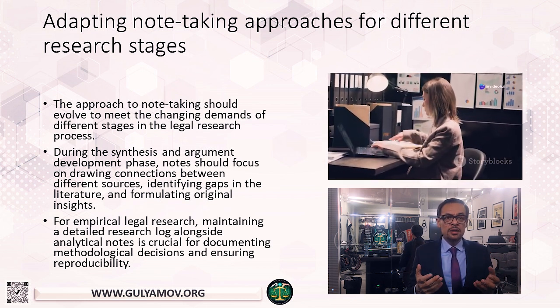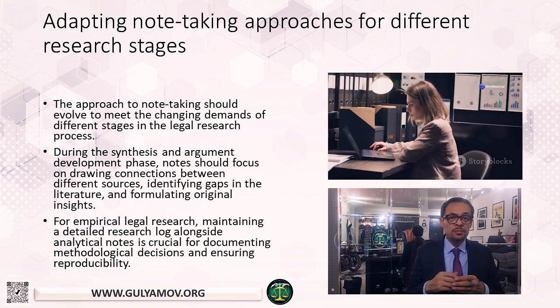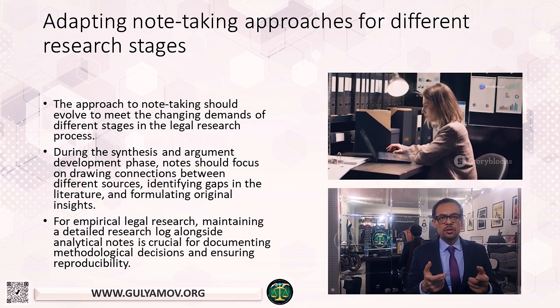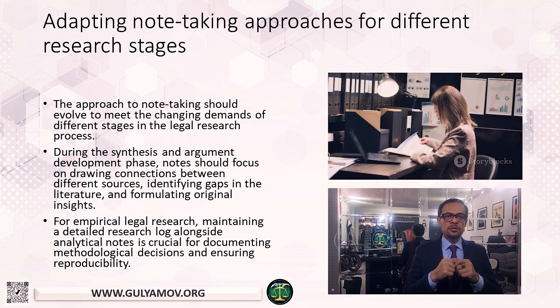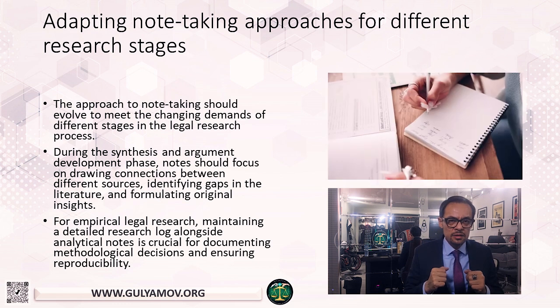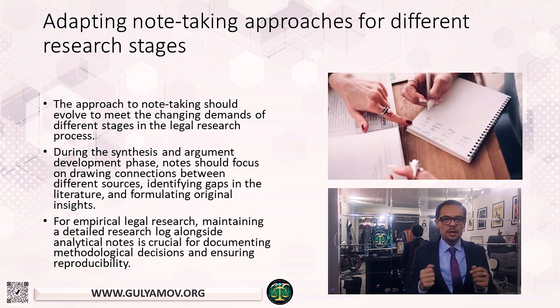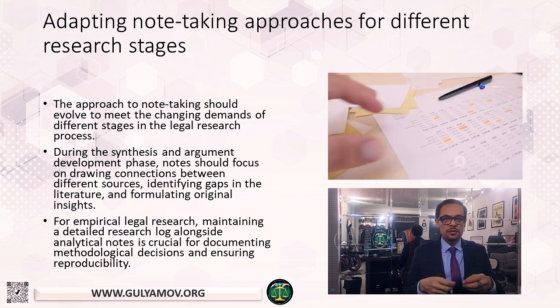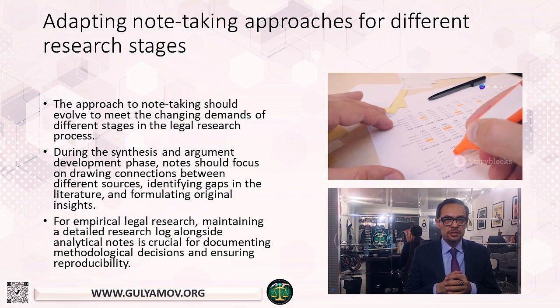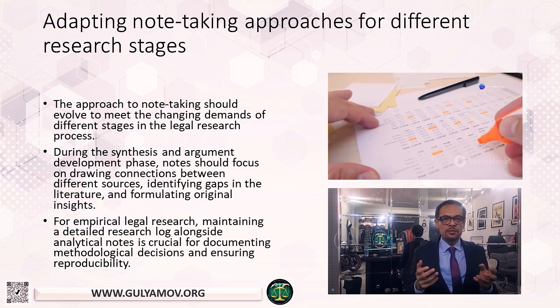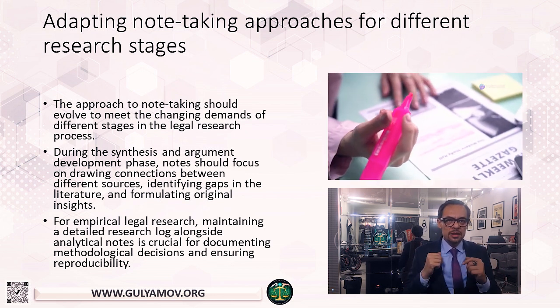During the initial exploratory phase, broad and flexible note-taking techniques are often most appropriate. Mind maps or concept notes can be particularly useful for capturing the overall landscape of a legal issue and identifying potential research directions. As the research progresses into more focused analysis, detailed and structured note-taking becomes crucial. For in-depth analysis of key sources, techniques like the Cornell method or detailed outlining can help capture nuanced legal arguments